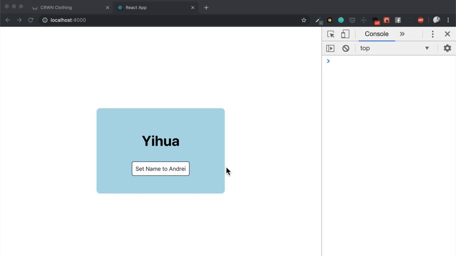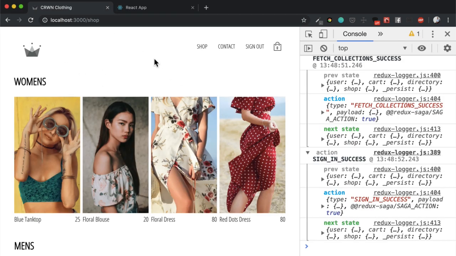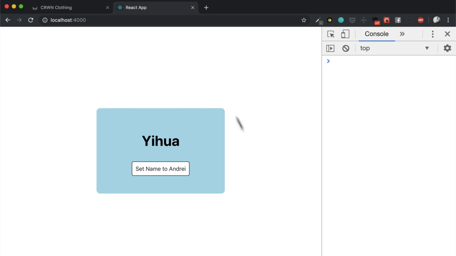But before we apply and convert our Crown clothing application over to using some hooks, we're going to test and play around with the base hooks first so we understand what they do and how to use them, because they do have a bit of caveats to them that we gotta understand before we start replacing our code base with these hooks. So in this little quick test create React app application, we have just this basic component that has